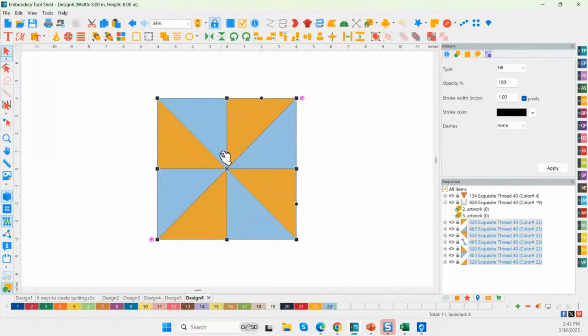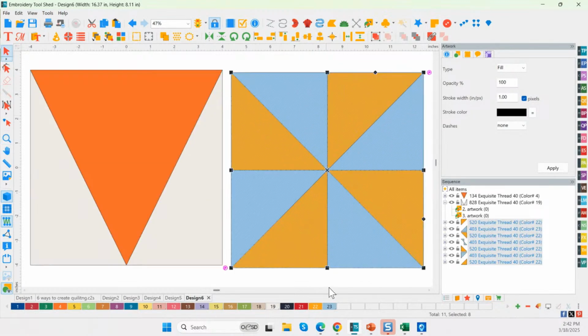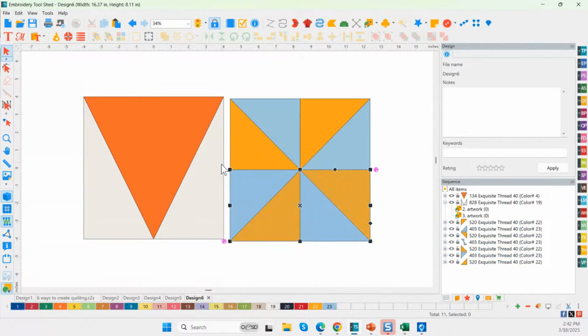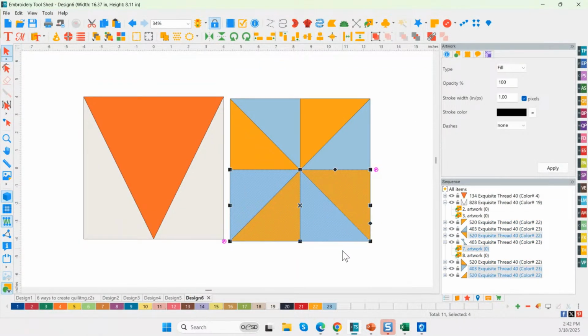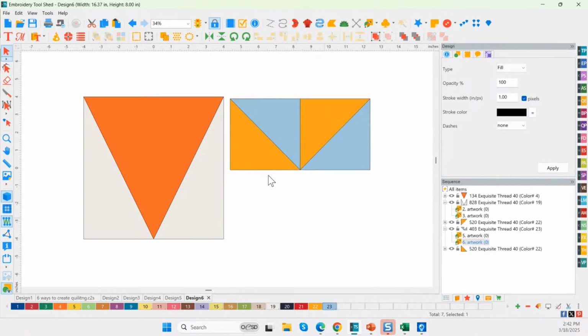and click OK. Okay, and you can see it puts it right on top of the other block. So I'm just going to slide it out of the way so we can see what's happening. And I just want the top portion of this block. So I'm going to select the bottom portion and click the delete on my keyboard, or you have delete under your right mouse click. Okay, and now I'm going to change these to green. So I'm going to hold down my control key, select both of the orange pieces, or you could select both of the blue pieces, whichever you prefer. And I'm going to right mouse click to turn those to green. And then select both of these, holding down my control key, and I'm going to change those to the white